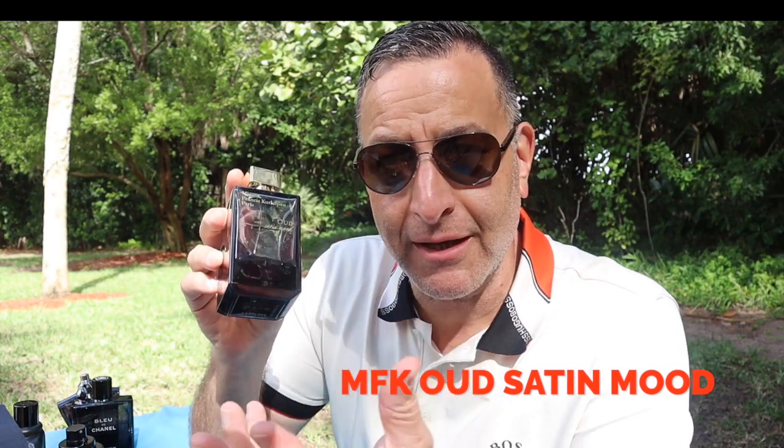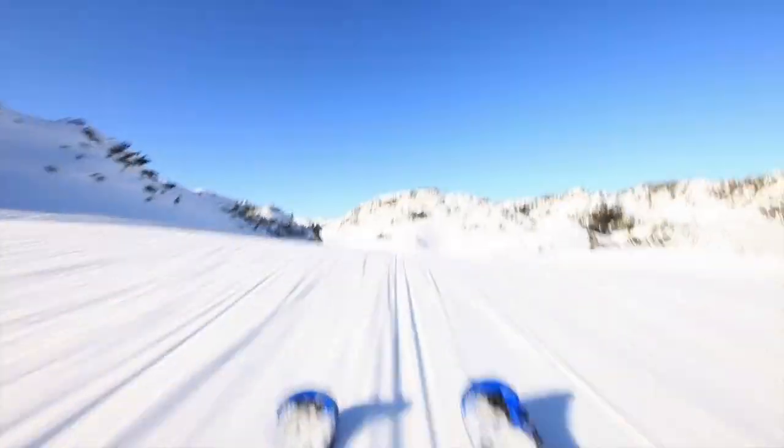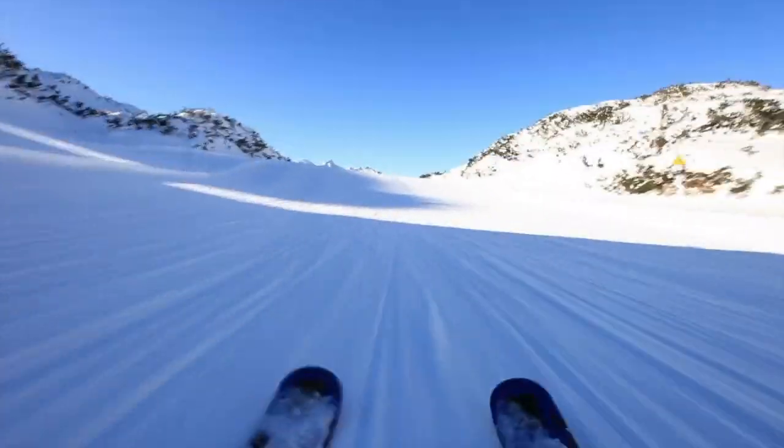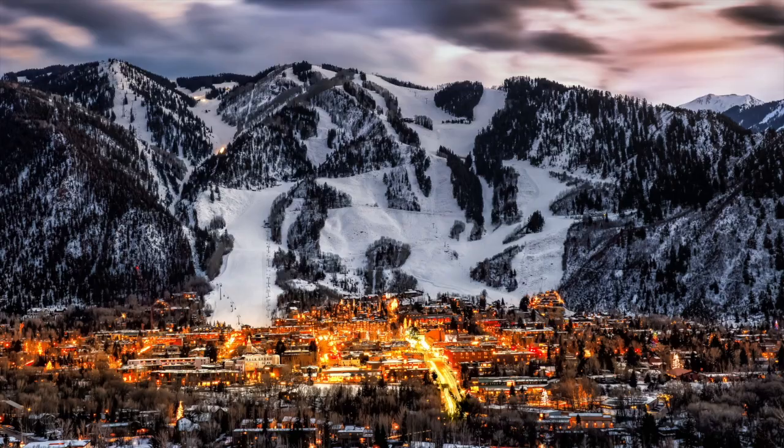And I personally imagine being somewhere in Colorado. Are there any Colorado people watching me here? If you were on a mountain range and you wore this with that cold weather beating against your skin as you're going down the slopes, snowboarders or skiers, I'm a skier, what are you? Comment down below. I don't even know if anyone from Colorado is watching. Then I would wear this. Awesome. Going back to that hot chocolate at 3 o'clock in the afternoon after being on the slopes